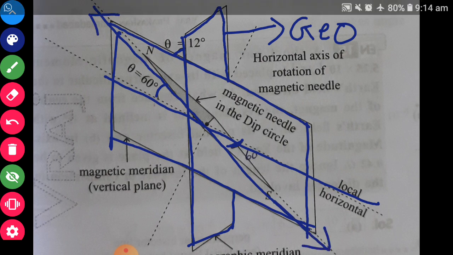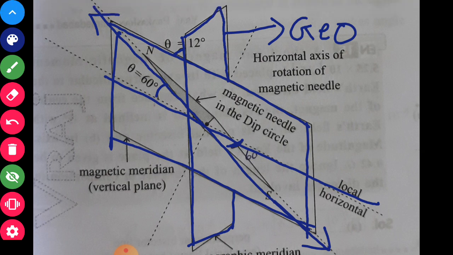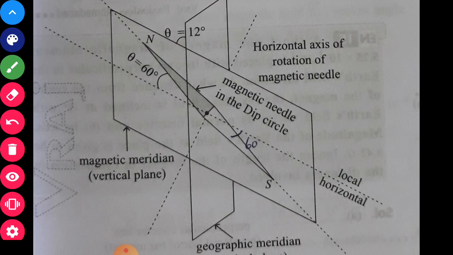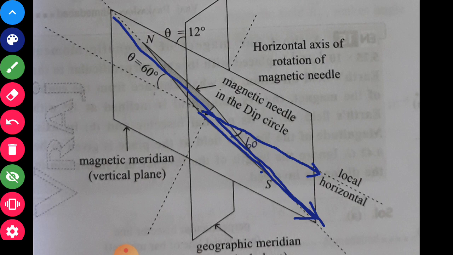Now try to understand the horizontal component. This is the horizontal line. The Earth's magnetic field is in this direction, and here will be the direction of the horizontal component. This is the direction of the magnetic field, and the angle between them is 60 degrees. So now we just have to take